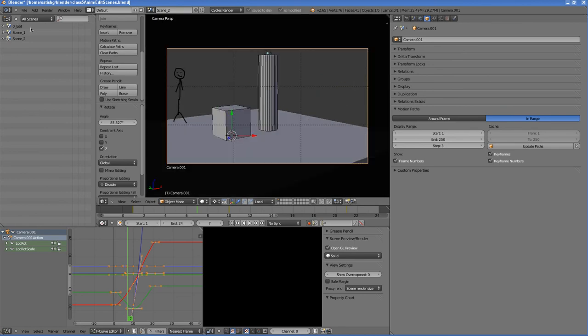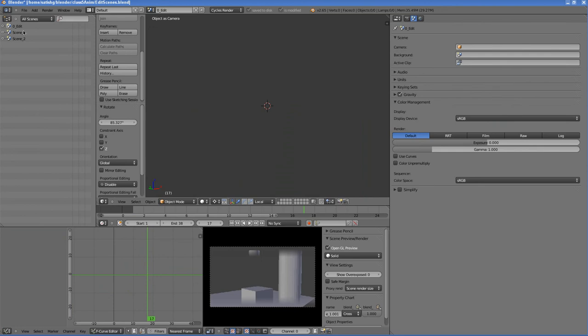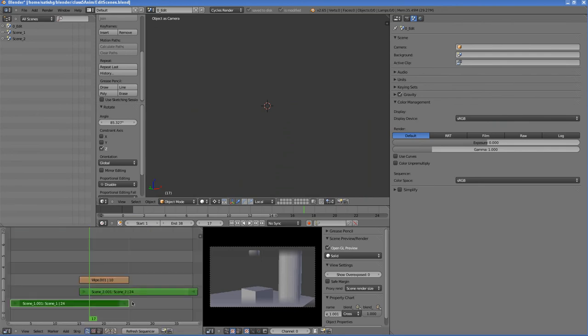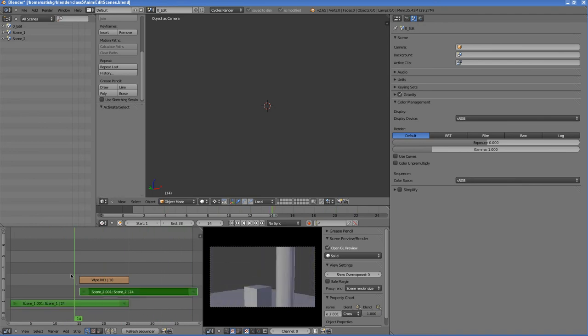Once you switch back to the edit scene and the sequence editor, you'll notice everything gets updated accordingly. So that's the basic idea, that's about this setup.